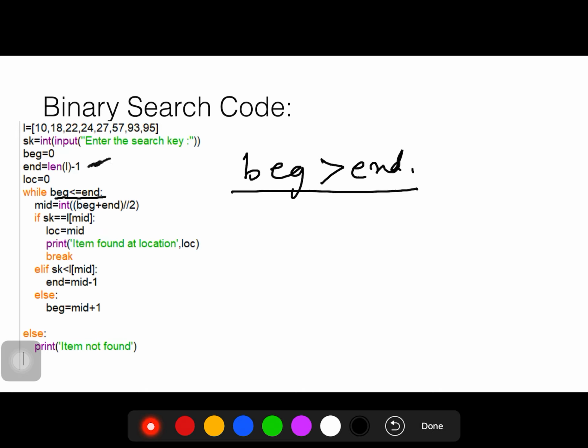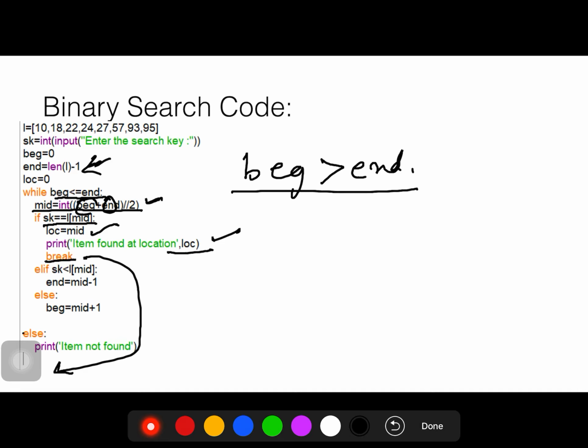Why is mid not present here? Because we have to calculate mid each time beginning and end get changed. This is the floor division. We are calculating mid using beginning plus end by 2. If search key is equal to list of mid, it will return location, which is mid, and break out of the loop.